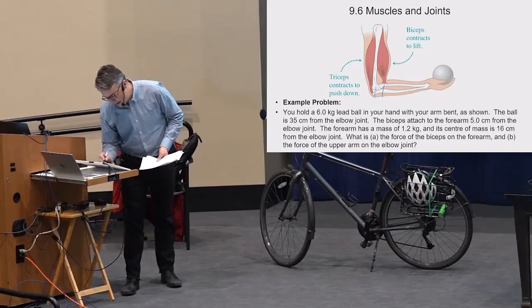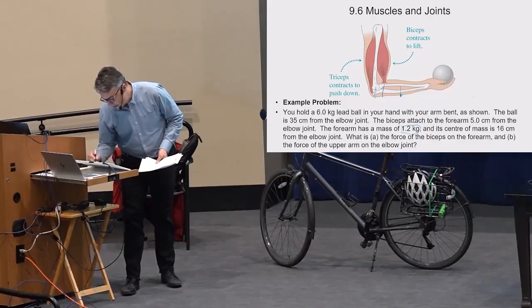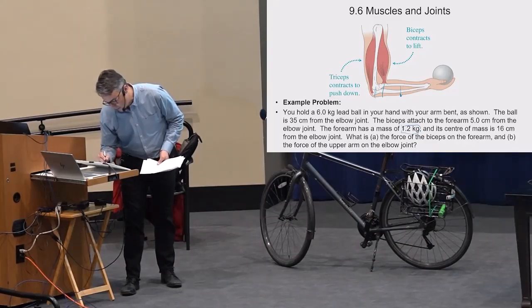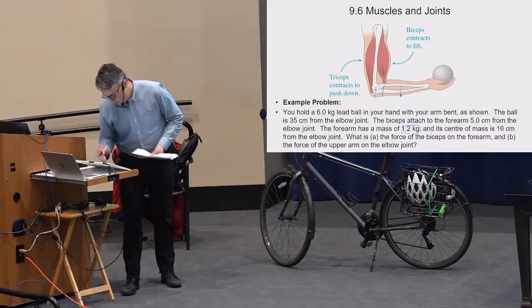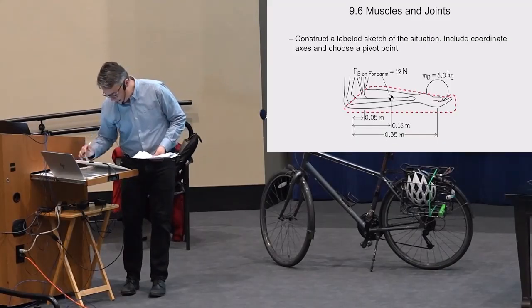The forearm has a mass of 1.2 kilograms. So that's going to produce a weight right there. And then you've got the 6 kilogram ball over here. So then they give you the center of mass of the forearm. What is the force of the biceps on the forearm? And also the force of the upper arm on the elbow joint. So what you do is you do an extended free body diagram